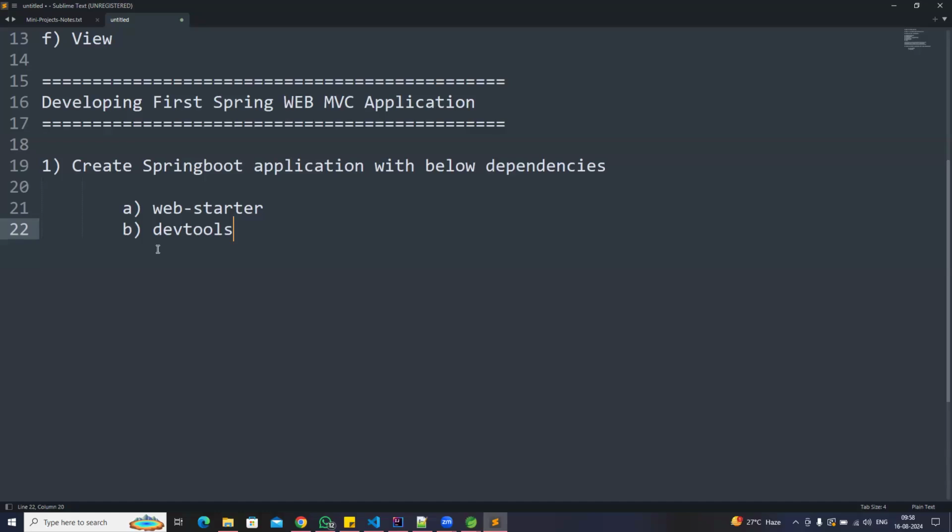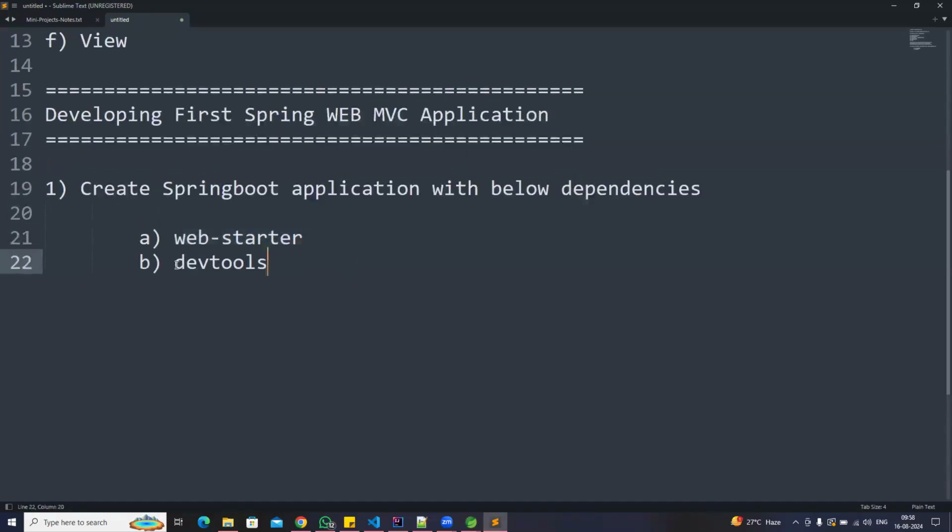Web starter will provide an embedded container to develop a web application, and the DevTools dependency will provide the option to restart your server when you make some code changes in the project. When you make code changes, your server will be restarted automatically when you have the DevTools dependency in your project build path. Then the second step, guys, once this project is created,